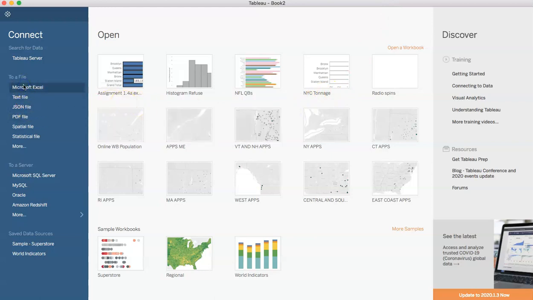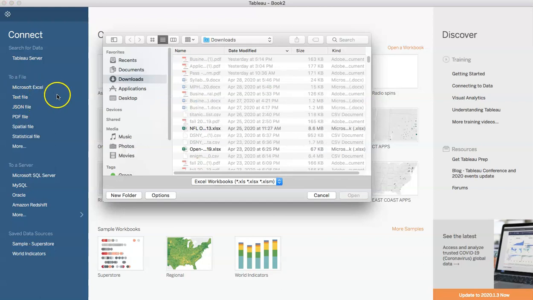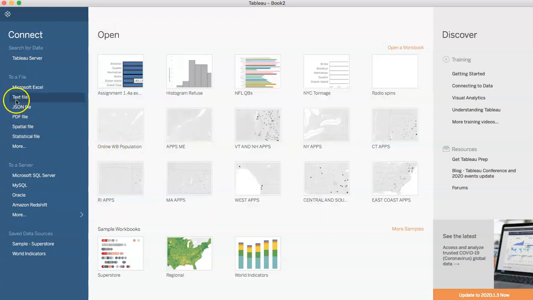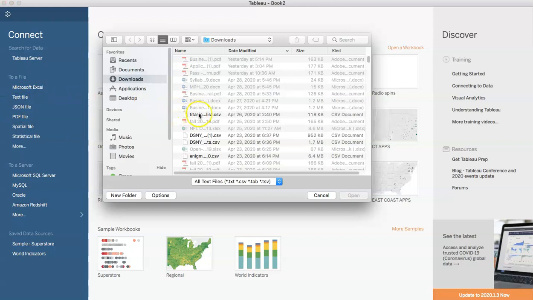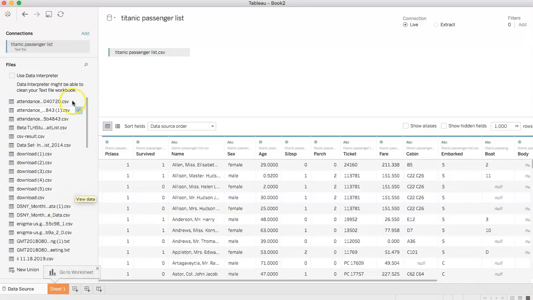And that was an Excel file. I'm sorry, it was not an Excel file, it's a CSV file. Titanic list, and open. And I see that there's a number of data points in this data set, including